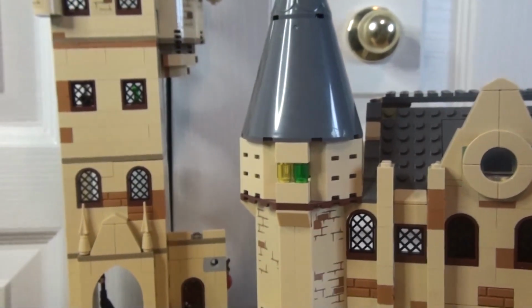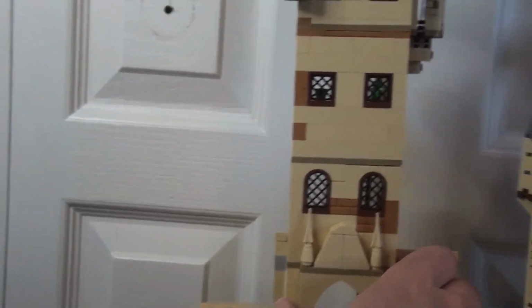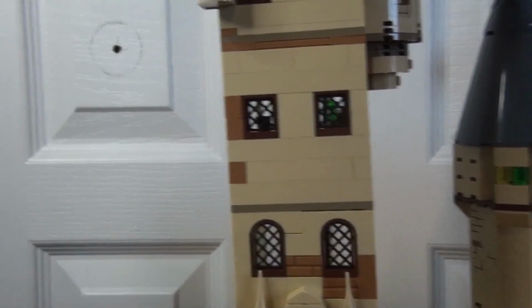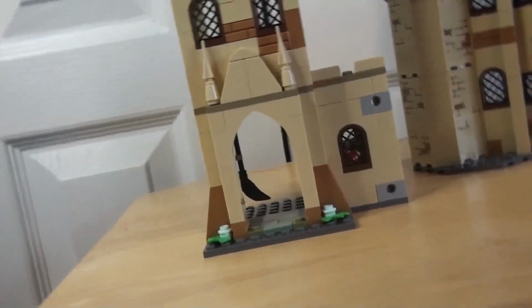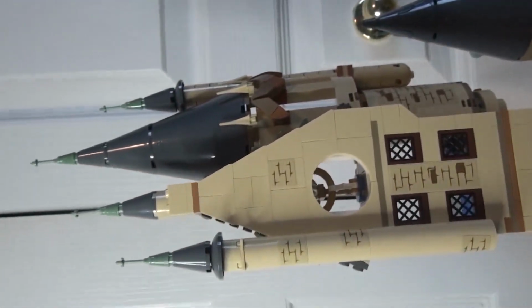So we'll just push this to the side, and before this video ends, we're already at 11 minutes in, which is too long for me. I just want to take a look at the Astronomy Tower, which, like most YouTube users say, they can't get it in one shot. But there it is. You may notice mine is taller,